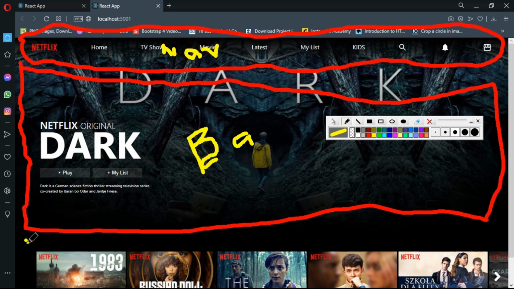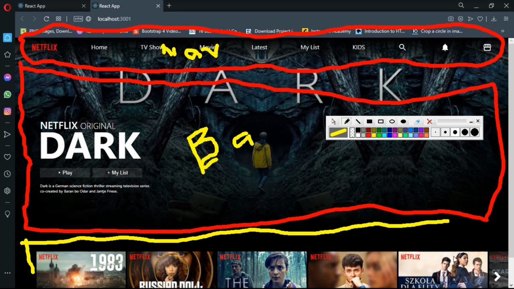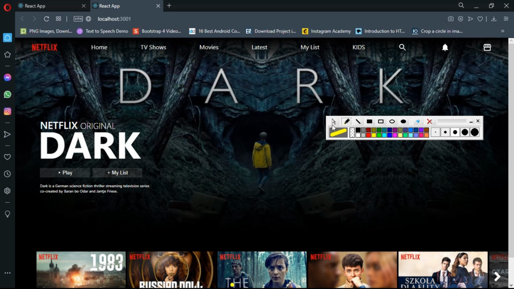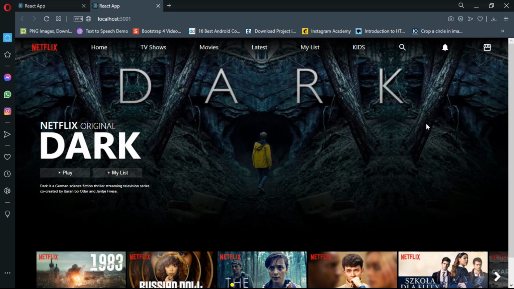The top one was navbar, the second one is banner, and the third one here is the slider. As I told you, the main thing is the slider. I have already seen the demonstration, so the coolest part of this project right now is the slider. If we are gonna add some backend, then that is gonna be the coolest part. Okay, so let's cancel this.